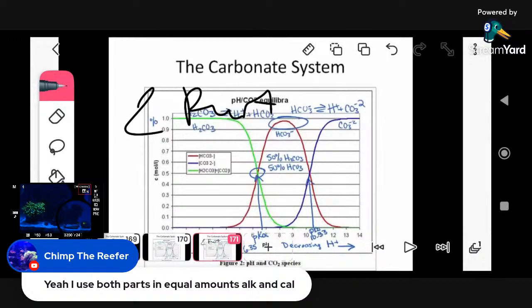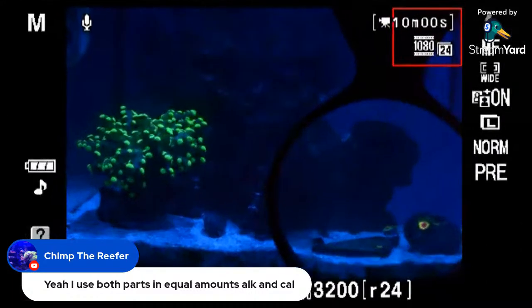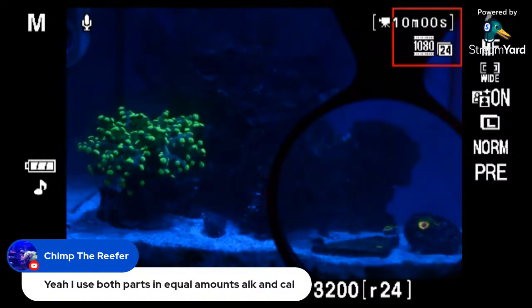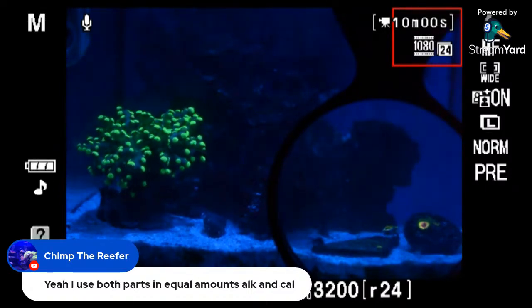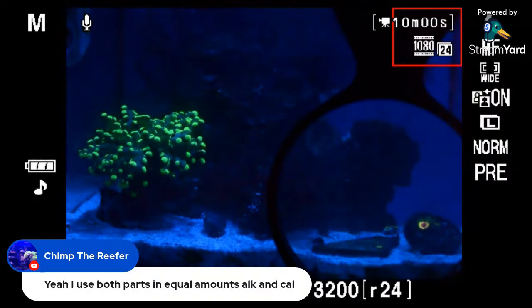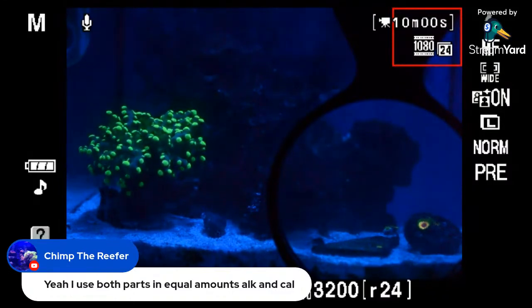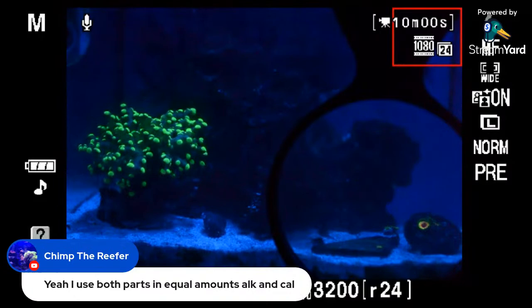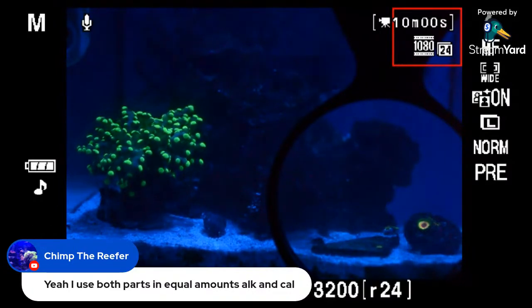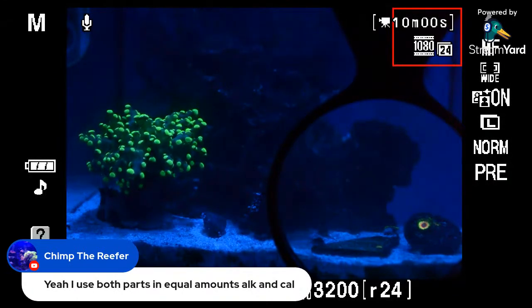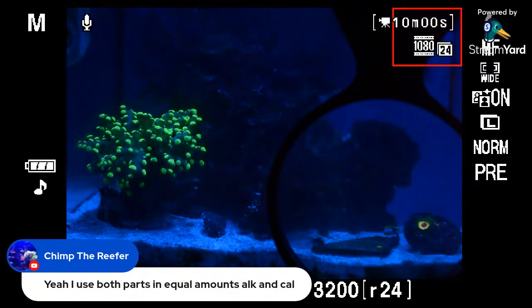I do it on my tank or whatever right here, guys. I know every molecule that's in here besides the RO. I don't know what's in Target's water. Well, I switched RO because Walmart had some nasty stuff. But besides that, let's say all the pollution in the water, I know exactly what's in the water, down to the smallest molecule. And that is what is contributing to the success of this tank. That's why I make this tank look so easy, because I know the exact chemistry of this tank.